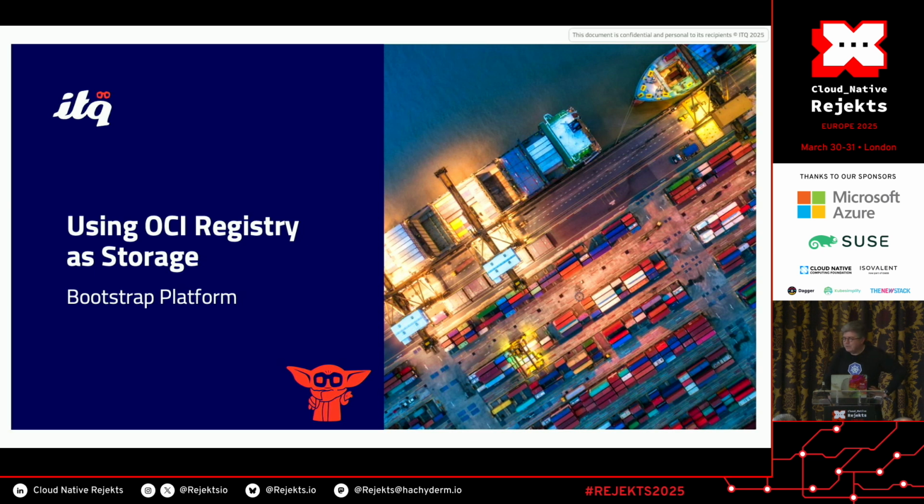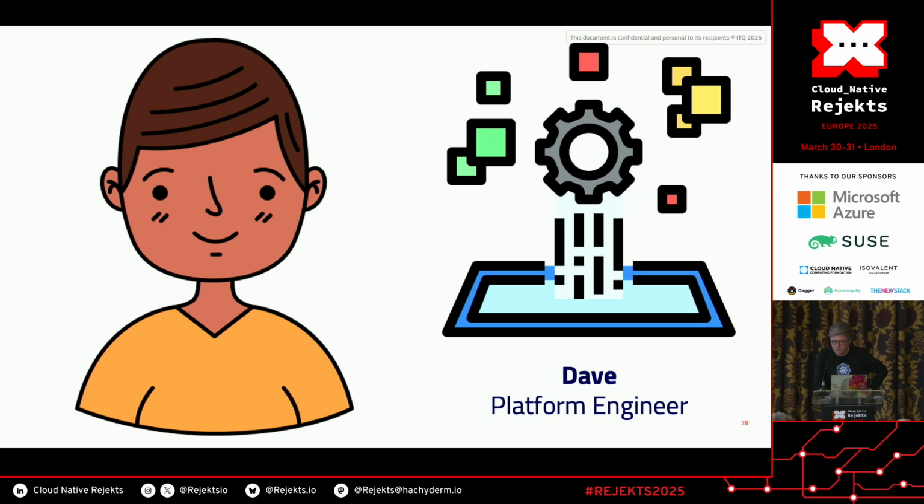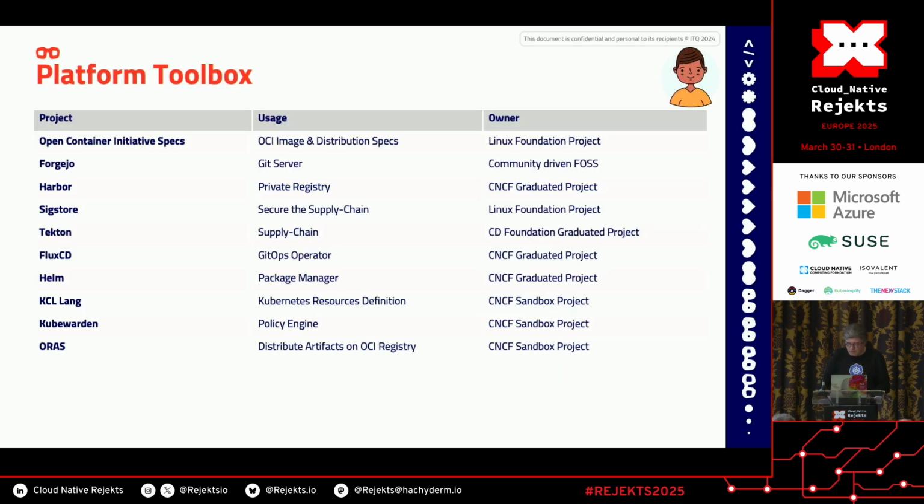So before that, we need a platform. So Dave, as a platform engineer, needs to bootstrap this platform. Here the goal of the presentation is not to create this platform, so I will go fast in the configuration of this platform. To build this platform, it will use this toolbox: the OCI specification we already saw, Forgejo as a Git repository, Harbor as an OCI registry, Sigstore to secure the supply chain,